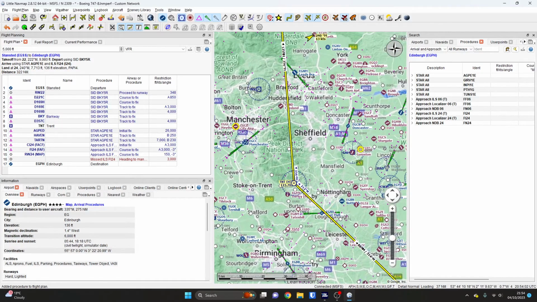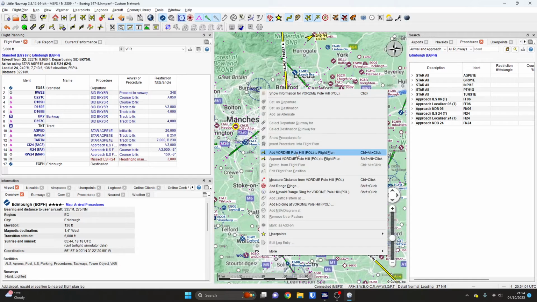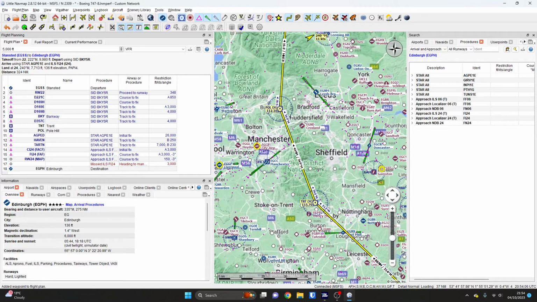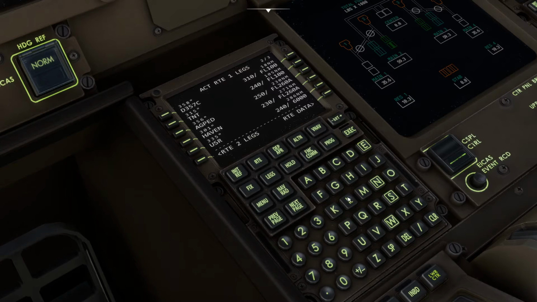So say we wanted to go via the Pol VOR, so add Pol Hill. So we need to type Pol in. This is how to insert waypoints, by the way. And we put it on top of the one we want to push down. So if we select AGPED while we've got Pol in here,